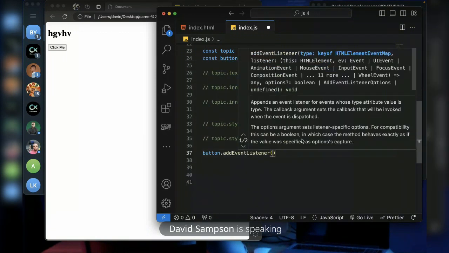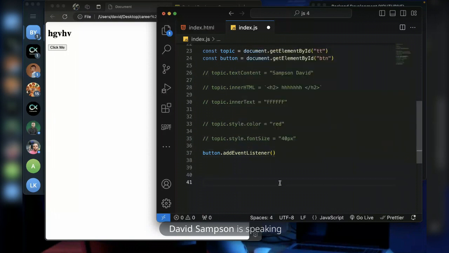In this event listener, I can pick any type of event. There are so many types of events, but the common one is a click event. A click event is whenever it is clicked on. So by doing this, I've added an event on the button, and the type of event that I added is a click event. So whenever you click on this, it will fire up the function.